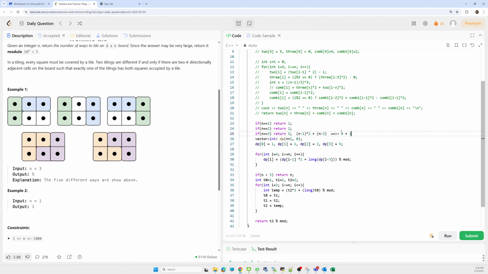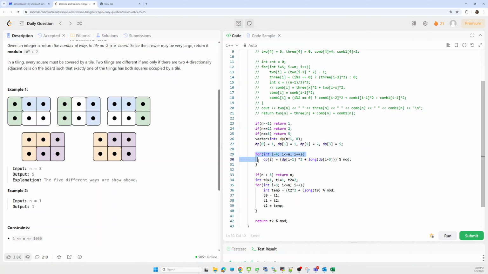So it's 5. Similarly, here we took one DP table of n plus 1 size, and for all the base cases we initialize DP. DP of 0 is 1, this is the base case. For 3 dominoes we took 1, and we initialize the values for 1 tile, 2 tiles and 3 tiles.